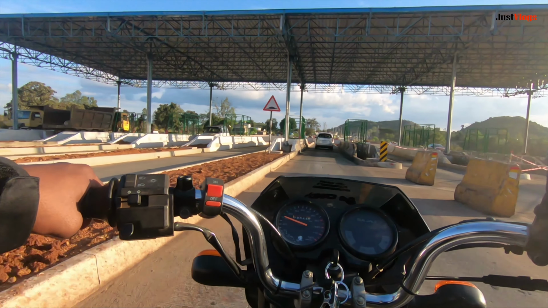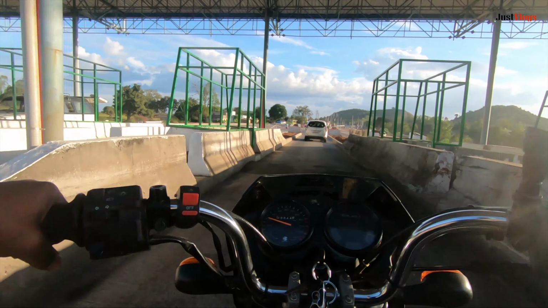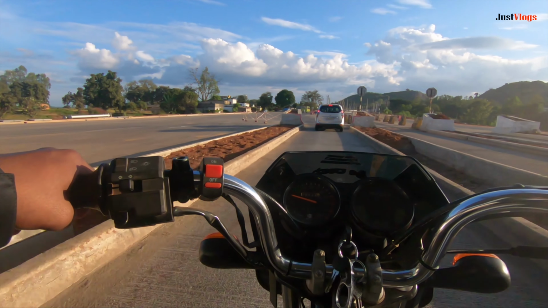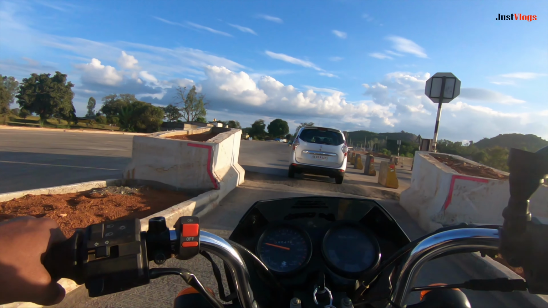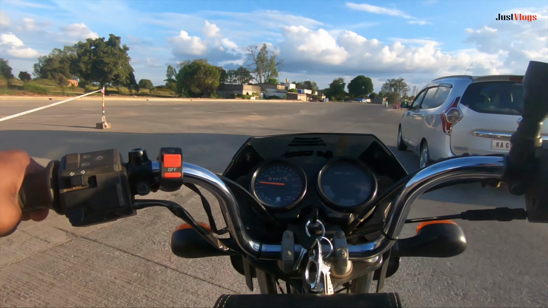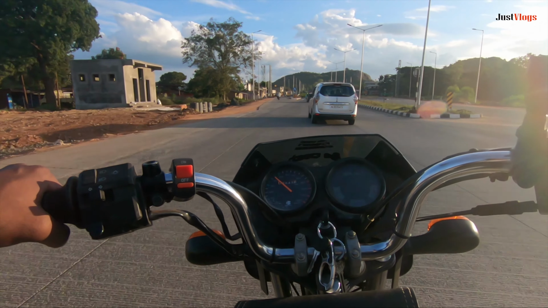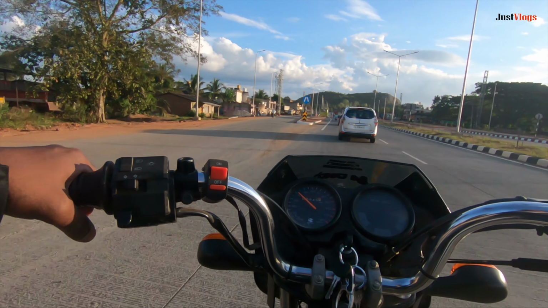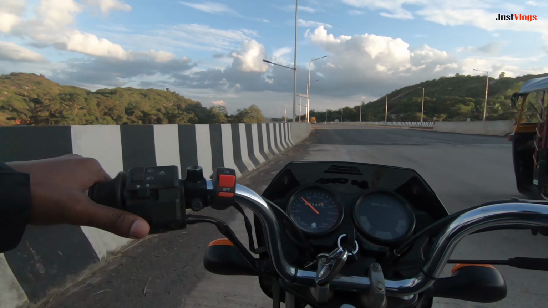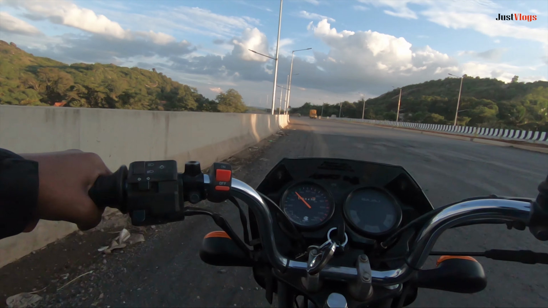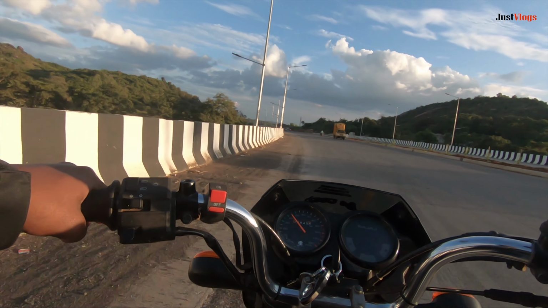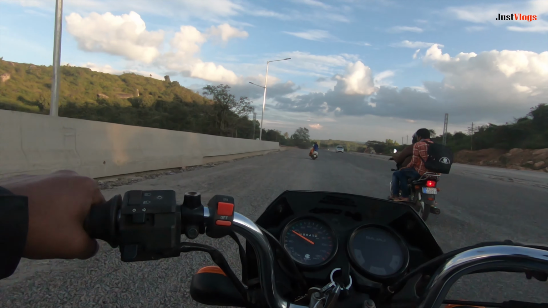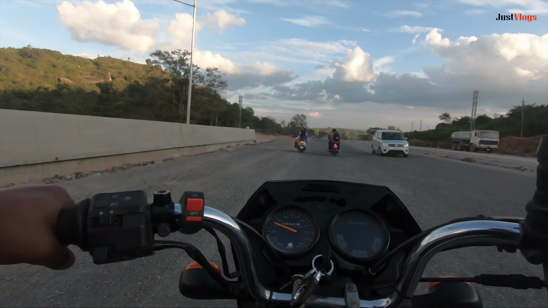From here we can see the Bhutnath temple. What you can see from the right side here, that's the Bhutnath temple. From here again, keep driving for less than a kilometer, where you will reach the flyover. Yes, that's the flyover which we are going to take. Once you connect onto this flyover, you have to drive for approximately half to 1 kilometer.